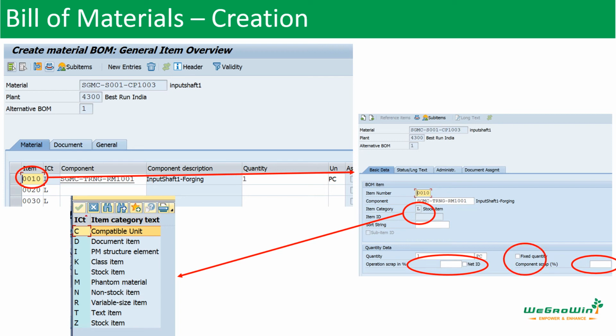And then there is a field called fixed quantity. This fixed quantity is used to fix the quantity we are going to use in the bill of material. For example, there are some materials, right? When you use the material, it may not vary based on the number of products you are producing. For example, if you are using a tool for this product, if the header item is 100, you don't need 100 tools to produce this product. You need only one tool.